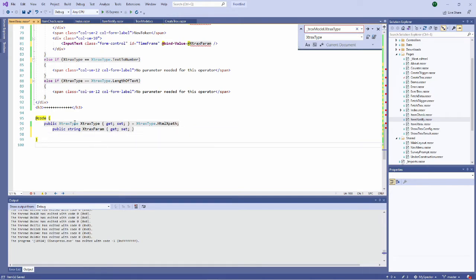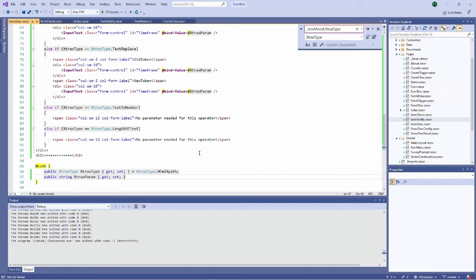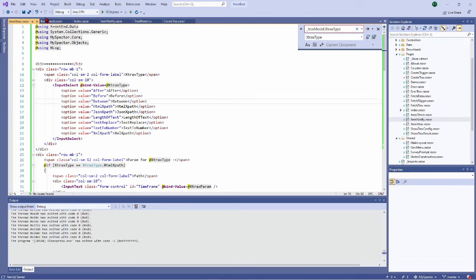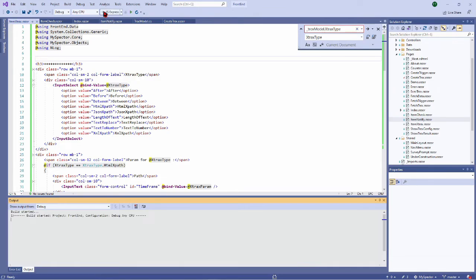Every component has a field corresponding to the type and then the parameters as a string for the moment. As this is not yet working functionally, I am building it. Okay, so I can save it and try to run it.